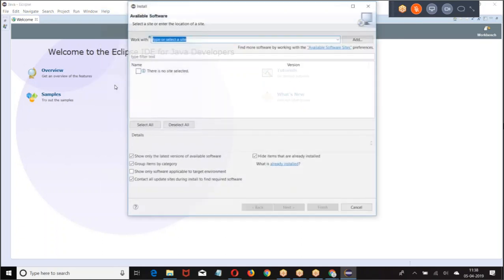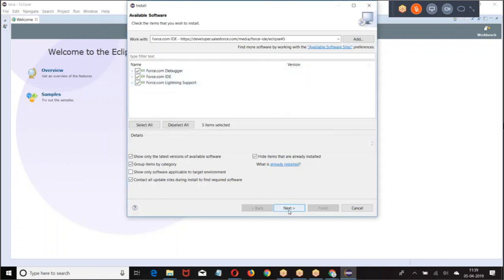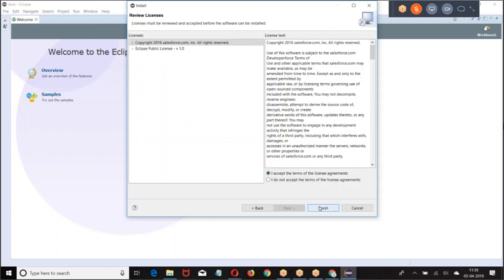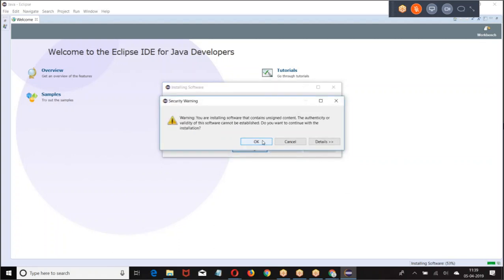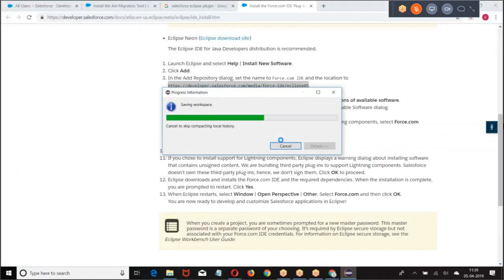Help, Install New Software, Add, select them, next, accept the terms and conditions, finish. Just give next, and it will restart the system.